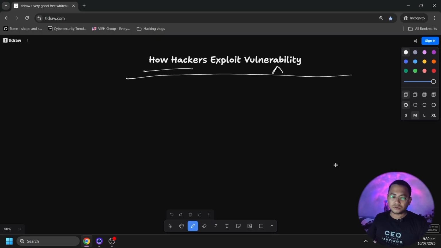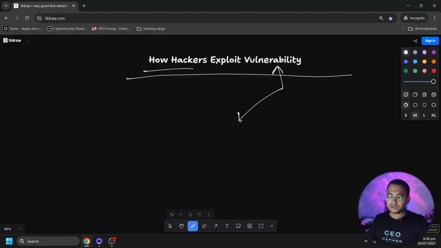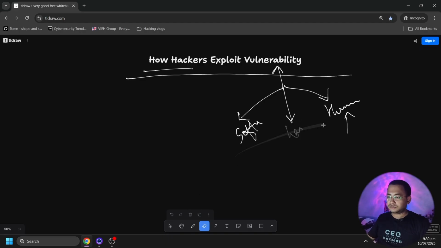So what are the types of vulnerability there might be? There is a kind of software bug, meaning a bug in software. The next thing is a hardware flaw. If this is a phone and there is any flaw in its hardware, it can be called a hardware flaw. And the next one is human error. If any error happened by a human, if there is any insider threat or a social engineering attack, there might be a vulnerability. These are the types of vulnerability.